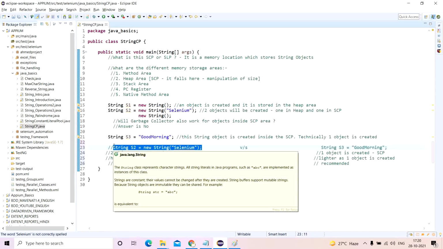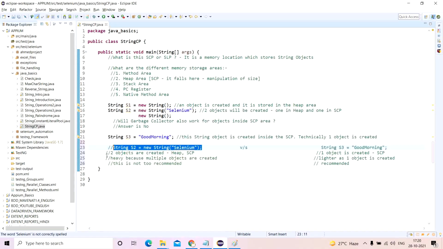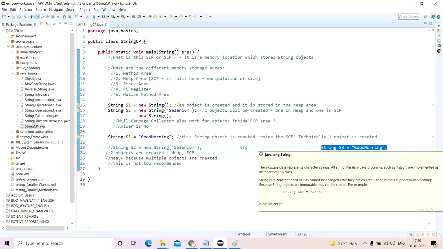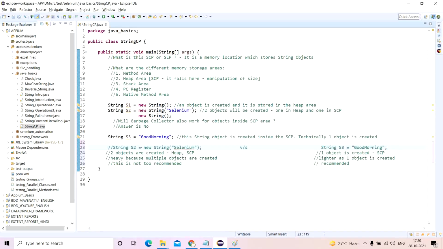You don't want to burden, because the purpose of automation is to make things faster and lighten up your code, not keep it heavy. Otherwise it basically defeats the purpose of automation. So if you are an automation engineer, please create string objects directly by passing the string literal with the String class and a direct reference. That's it. No need to use the new keyword. Even this will work. I'm not saying that this is not going to work. This will work, but this is a better approach. Again, how you want to do that is totally up to you.